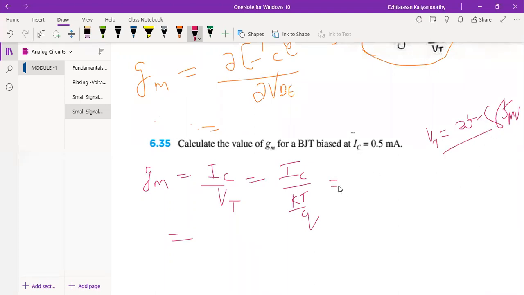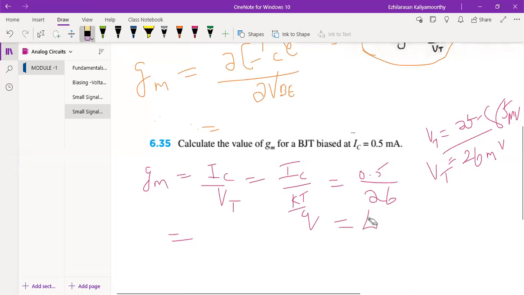So what I do, substitute this value: 0.5 milliampere divided by VT, which is 25 point something, or sometimes you can say approximately 26 millivolt. That is VT, approximately 26 millivolt. So what value will you get? That will be your answer. The book gives the answer, approximately,